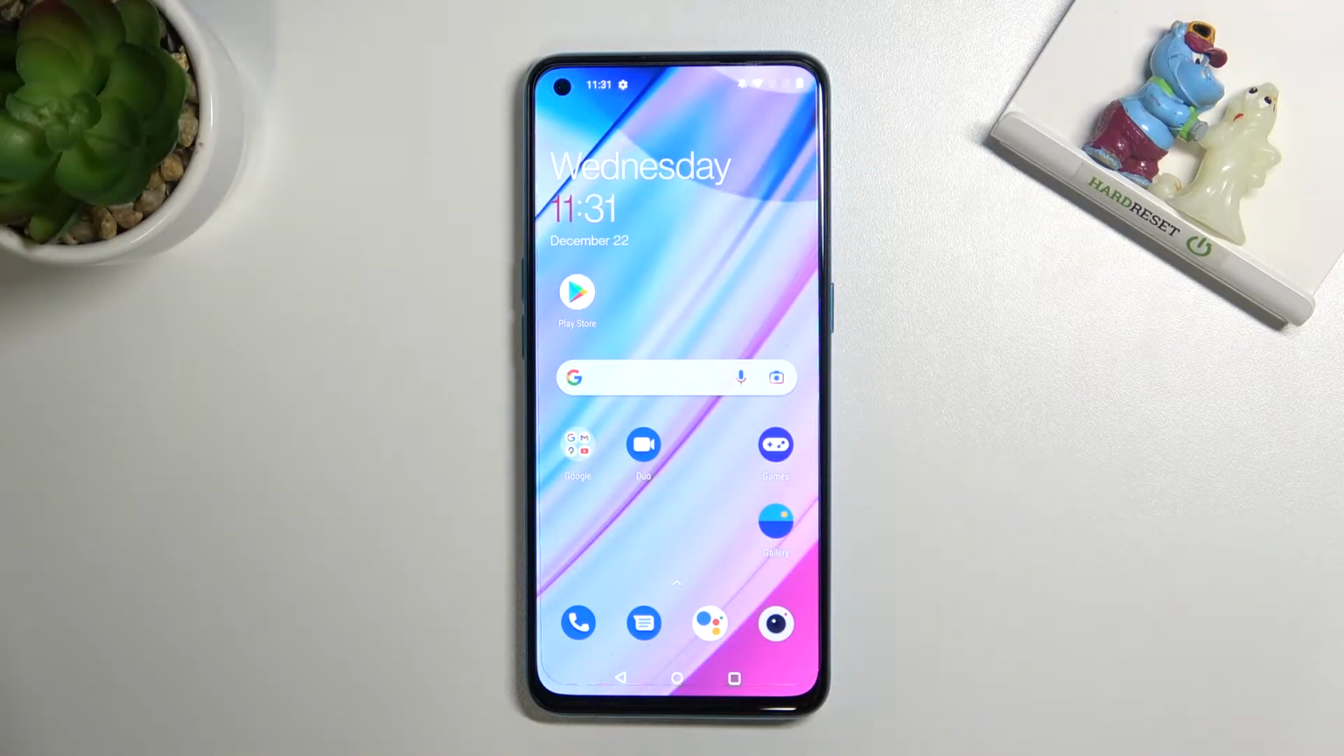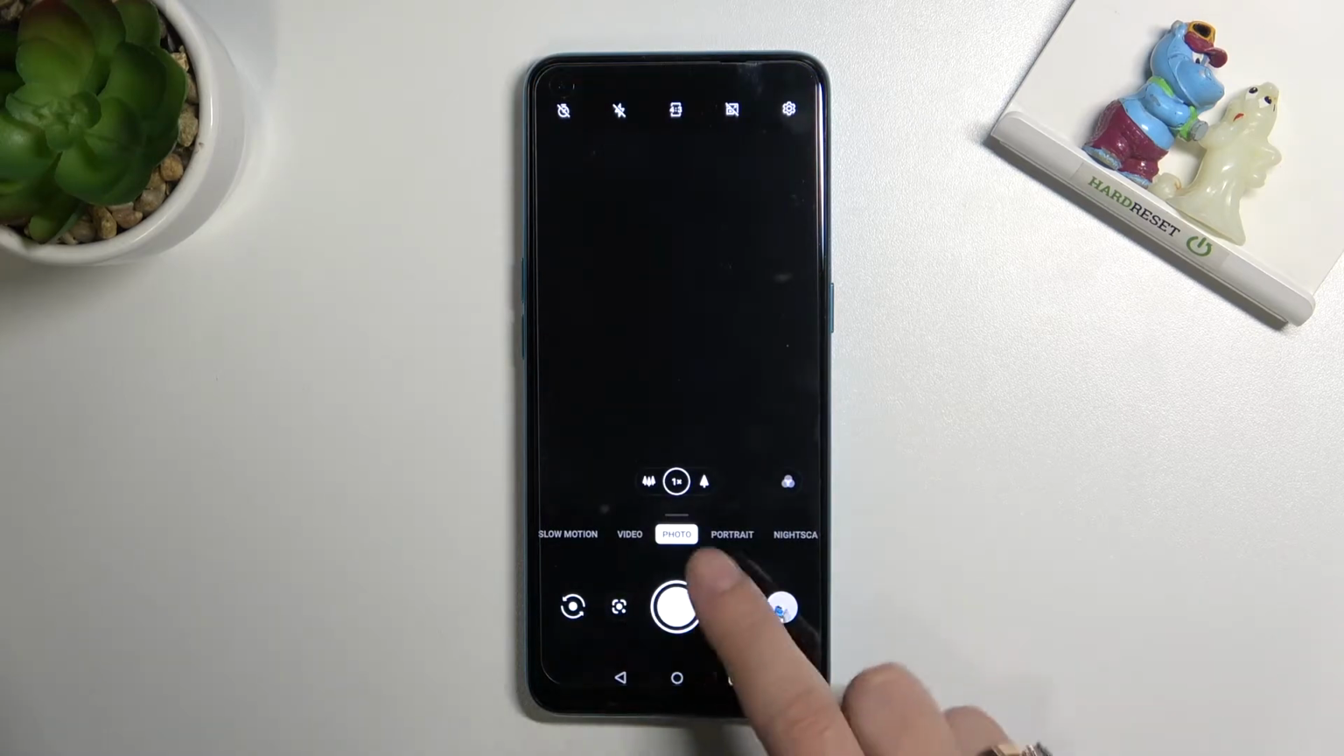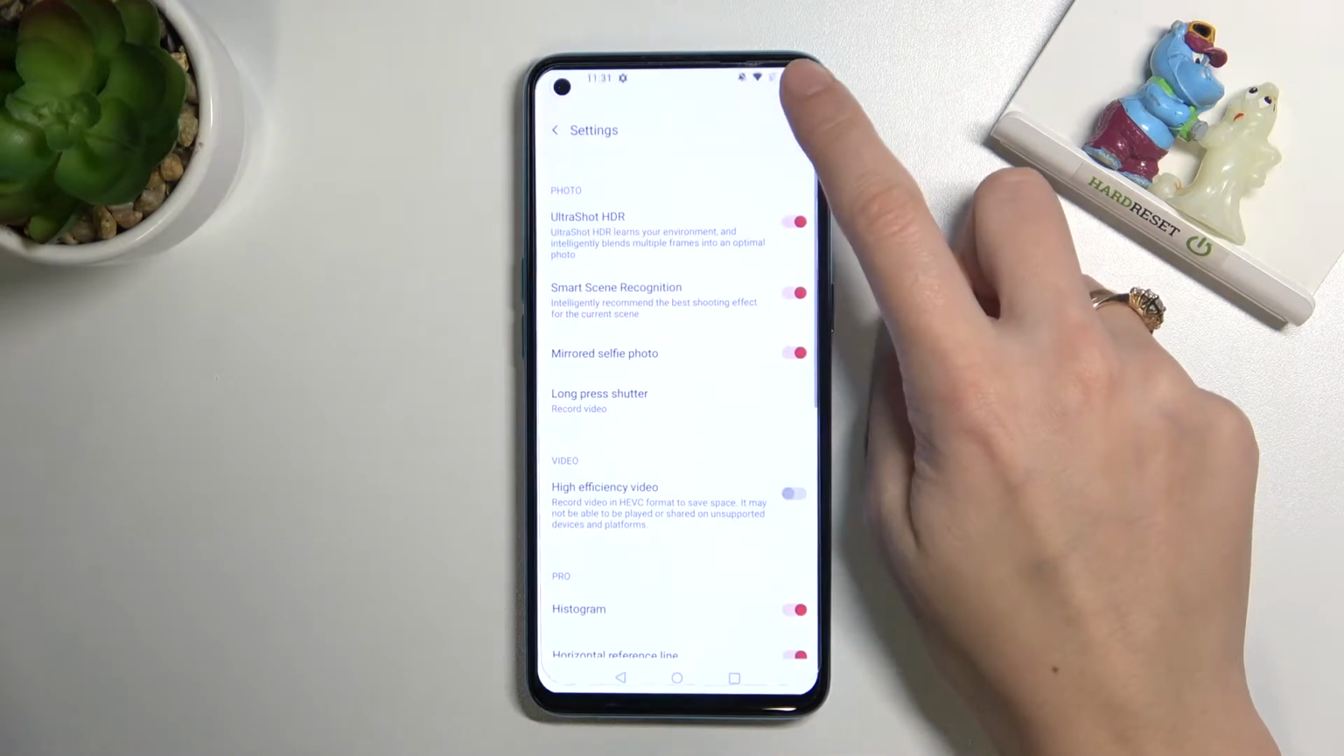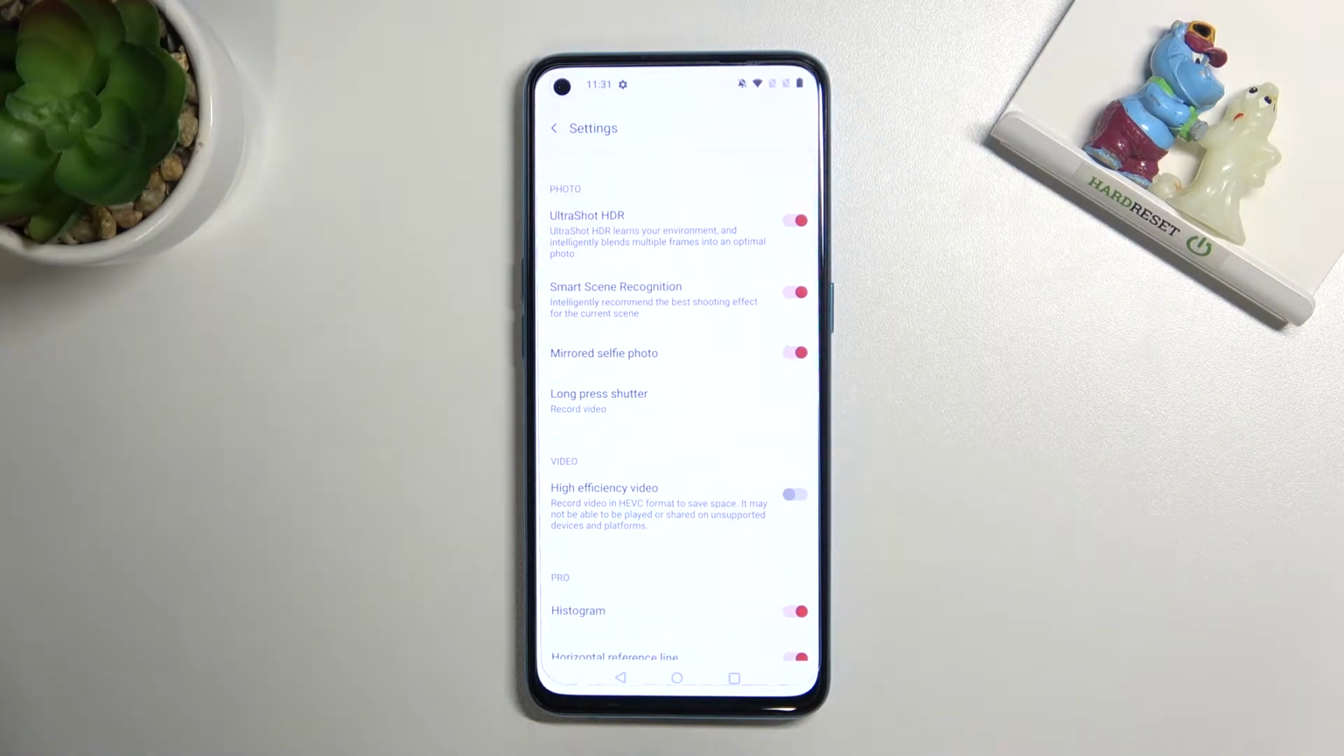Welcome, here I've got ONEPLUS NORD CE 5G and let me show you how to manage camera grid lines on this device. So let's start by tapping on the camera button to open it, and for now we are on standard photo mode. From here let's go to the right corner button so we can open camera settings, and now we have